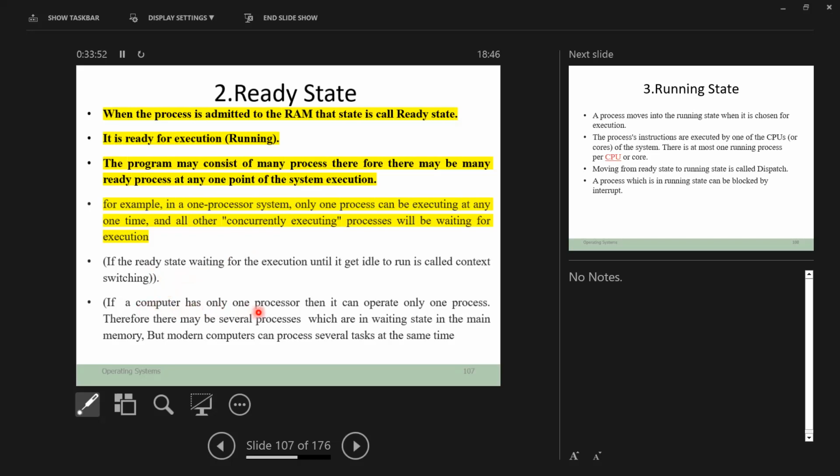If a computer has only one processor, then it can operate only one process. Therefore, there may be several processes in the waiting state in the main memory. So there may be many processes waiting in the random access memory. But a modern computer can process several tasks at the same time as a result of cores. Is this clear? If you have any issues, just let